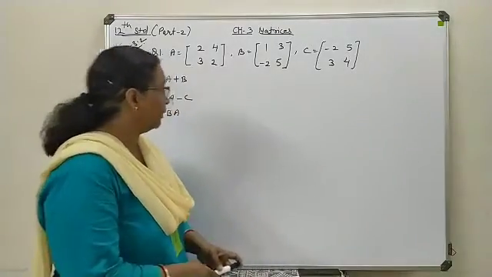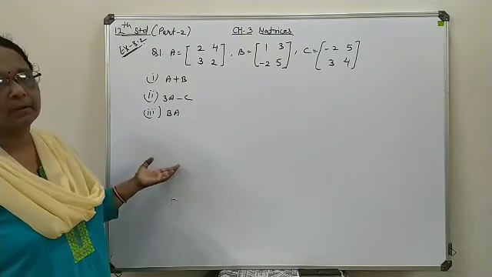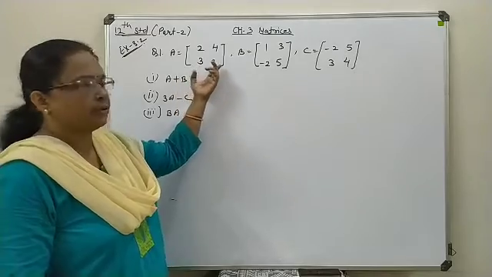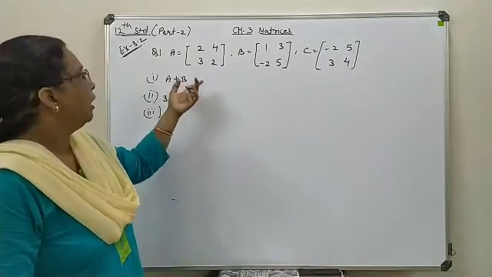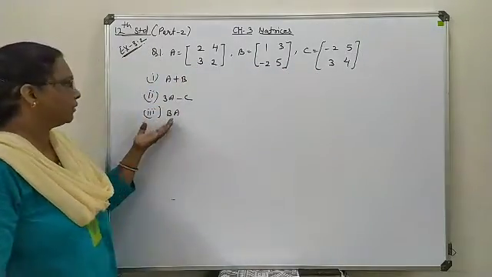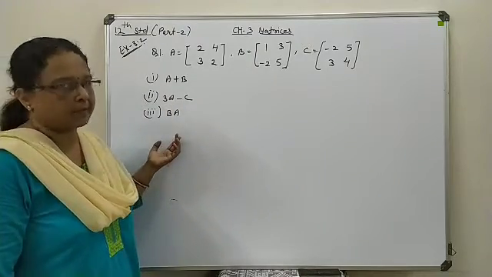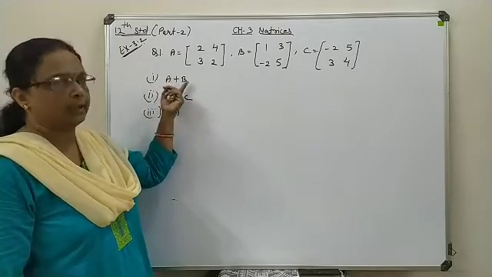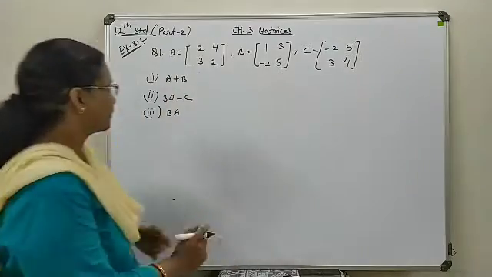Now first of all we are going to start with the first question of exercise 3.2. Here you can see three matrices A, B and C, each of order 2 by 2. Here I have written three types of combinations, so one by one we will discuss them. First one, addition of A and B. So it is a normal case. We discuss this one first.